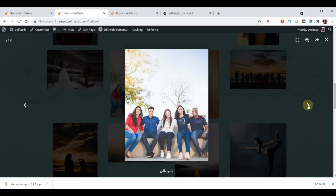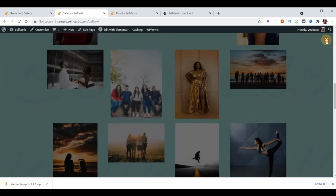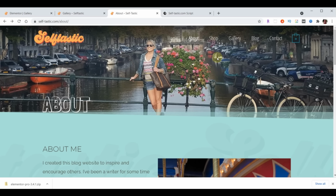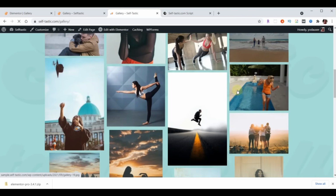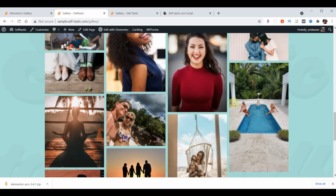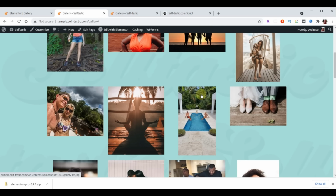It's also a lightbox gallery. So we click on that. But it's just not as fancy as the one that Bethany has if we go to her gallery. See how nicely those load in like that? Now at our gallery, if we made all these pictures the same size, it would make it look a lot better than it does. And that's basically as good as you're going to be able to do for a free